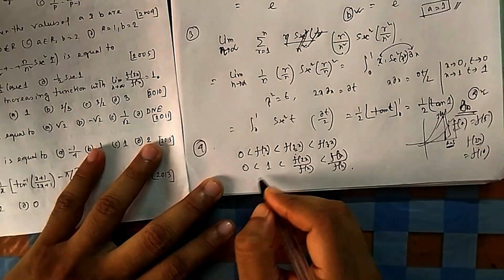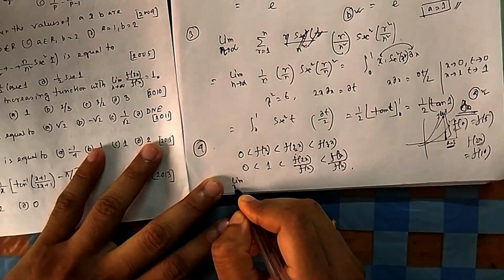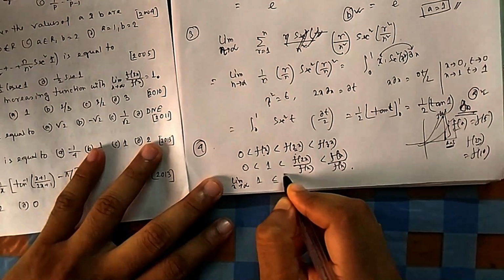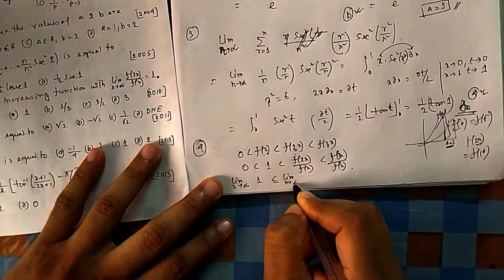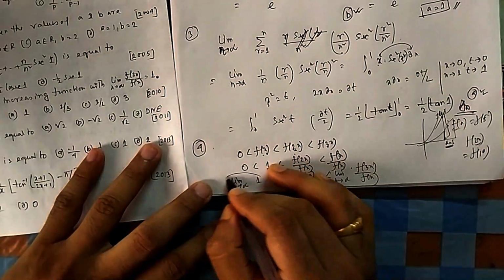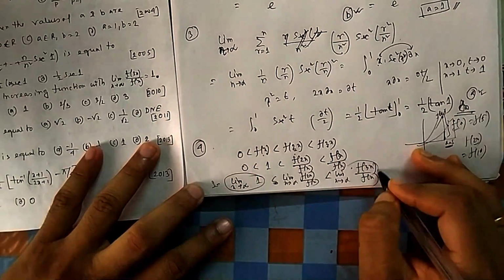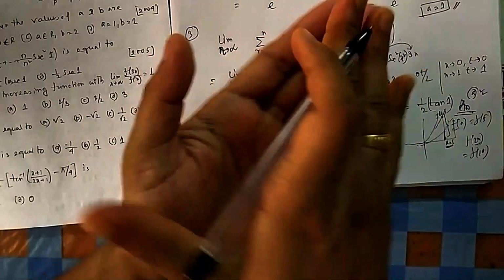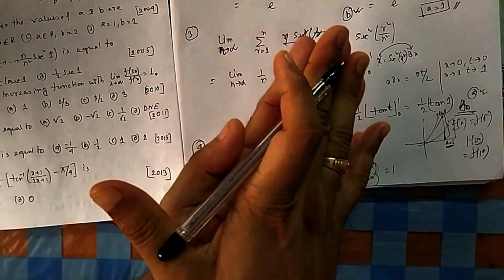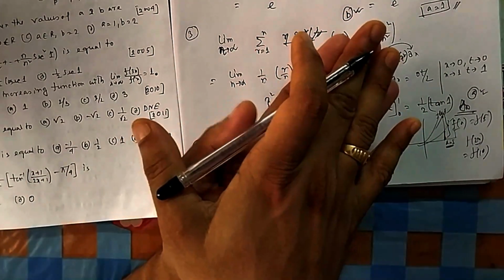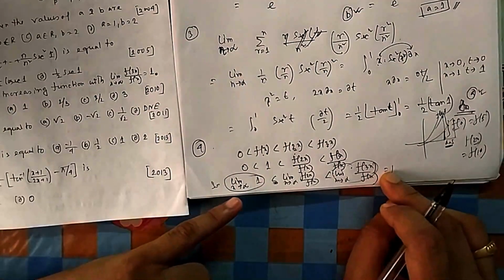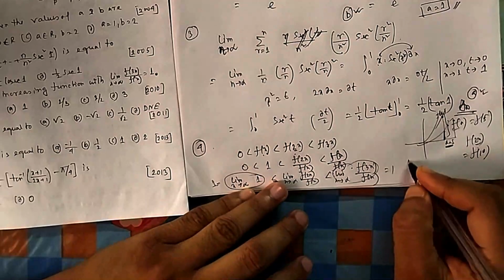If you now take the limit as x tends to infinity everywhere, this one is already 1, you know, and this one is given as 1. So this is the Sandwich theorem. This one is sandwiched between these two, or we say it is pinched between these two. Because this is 1 and this is also 1, the middle one should also be 1.